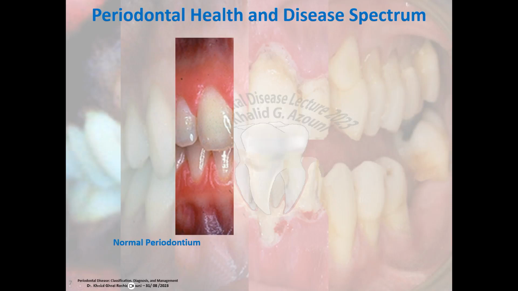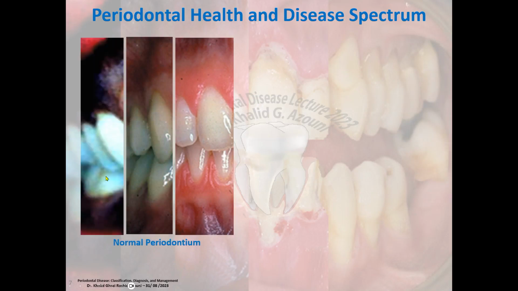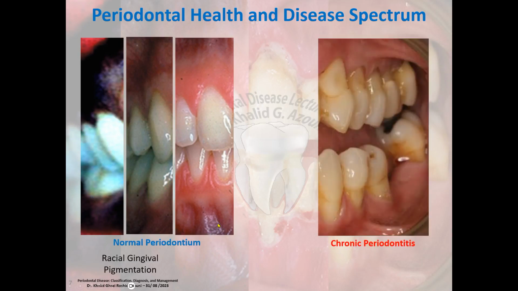Now, the spectrum of periodontal disease. Starting with normal periodontium, we can see different shades of it depending on the melanin pigmentation. This is all normal, and it's various. The only difference is the varying degrees of melanin pigmentation, like in skin pigmentation. And then there is chronic periodontitis with loss of attachment,